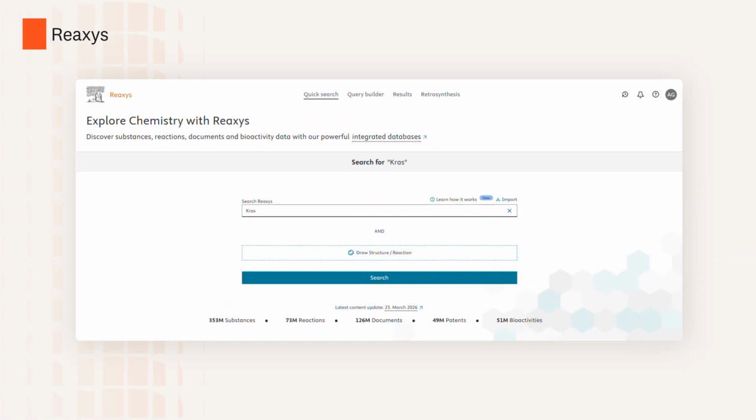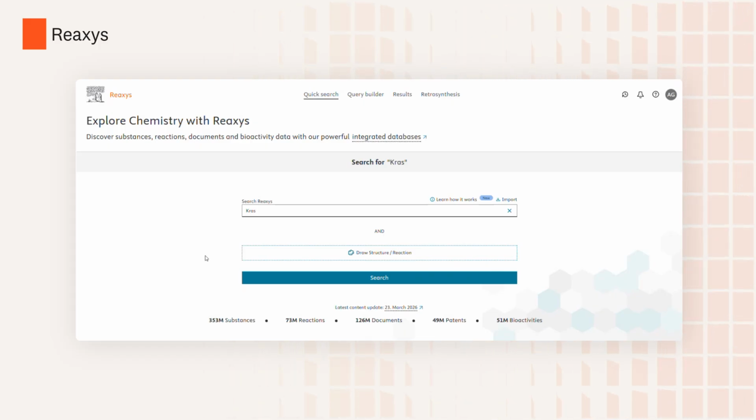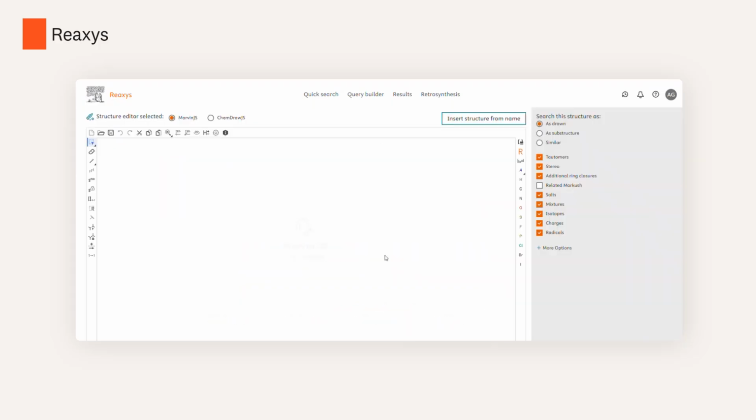Today, I'm interested in designing a drug for cancer treatment targeting KRAS. I've identified a scaffold of interest and want to explore information, including bioactivity information, against the target. In Reaxys, I'm going to search for KRAS, but I'm also going to draw a structure for my scaffold of